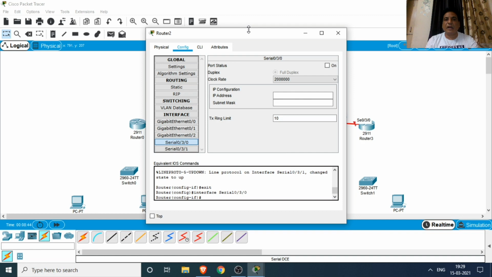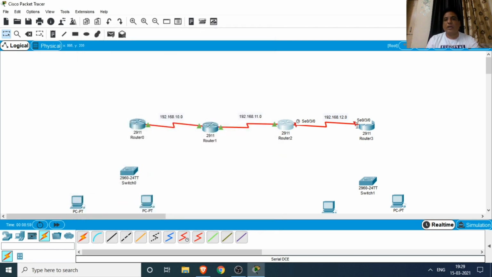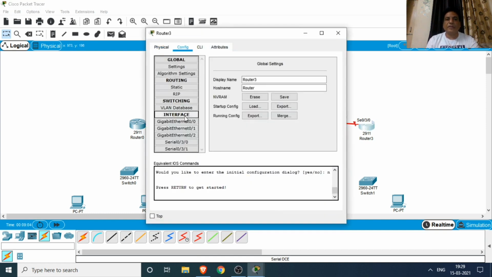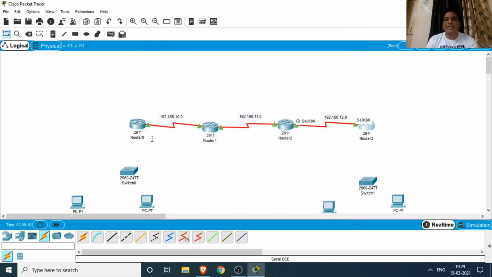Now we assign the IP address to the port: 192.168.12.1 and the subnet mask for class C, then turn on the port, then close. Last, we assign the address in router 3's config, on the 0/3/0 port: 192.168.12.2 and the subnet mask for class C, then activate the port. So we will assign the address to each and every port.